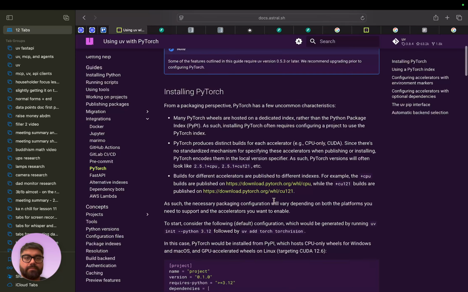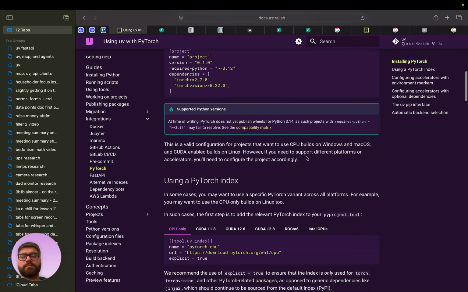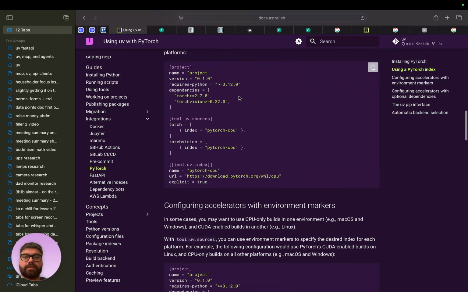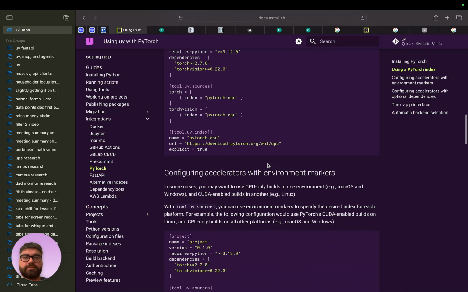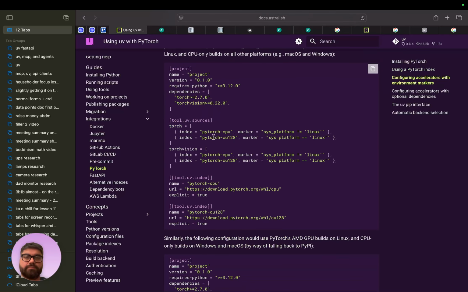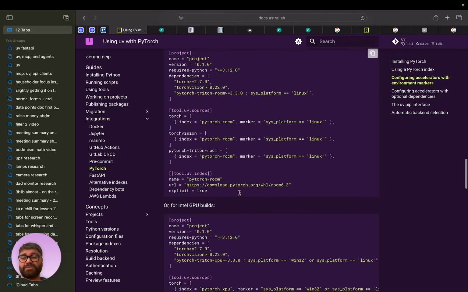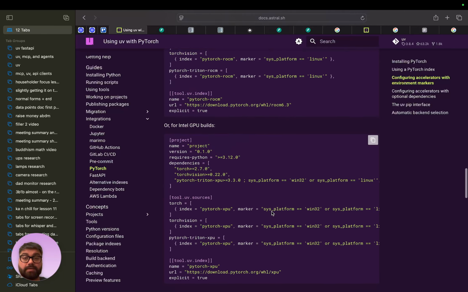See, okay, the CPU build is on download PyTorch. Yeah, okay, wait, never mind, these are both on download PyTorch. Point is they're published to different indices, and you can get really deep into the sources that you define for each dependency, and also set up the sources based on like the system platform and stuff like that. There's a lot of deep stuff you can go into. So it gives you a lot of control over building some of these more complex packages like PyTorch,